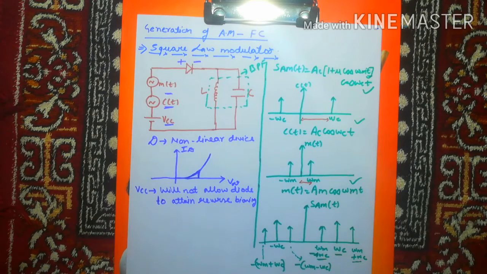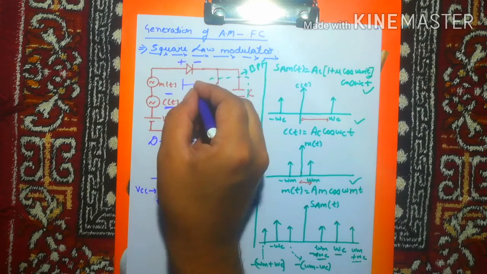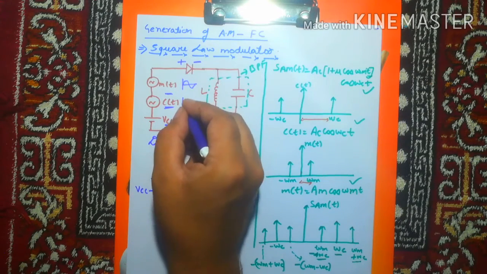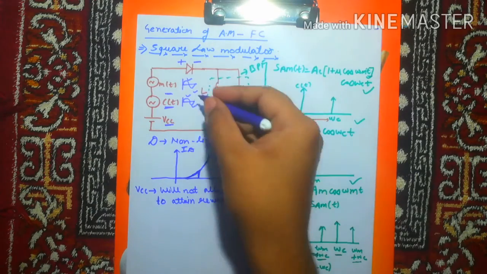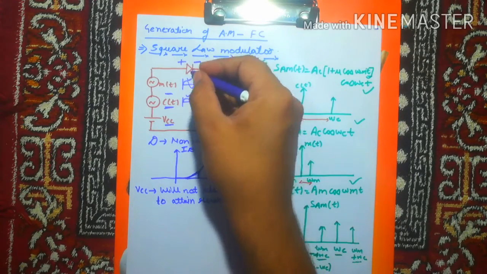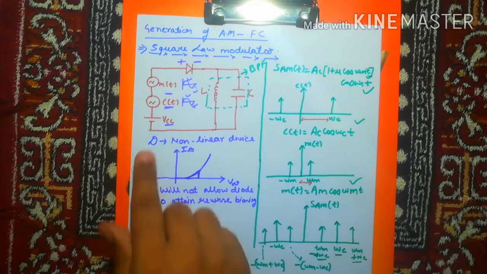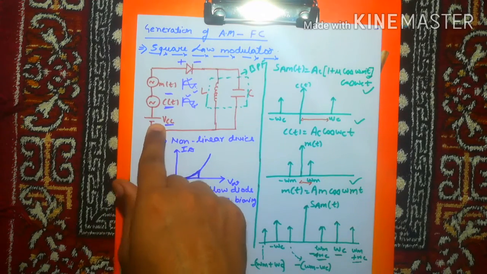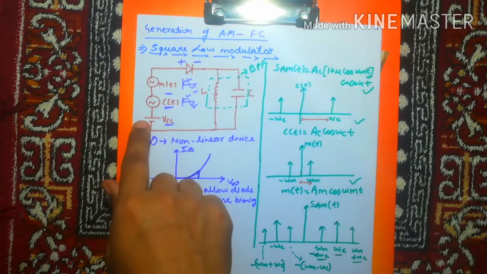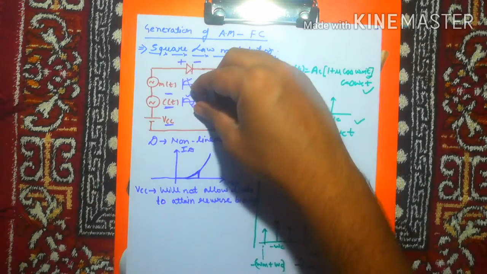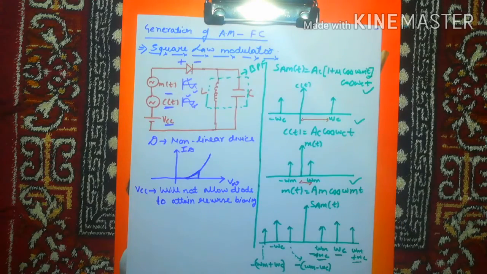This VCC is so huge, so large, that it overcomes the negative effect of MT and CT, because MT and CT both have positive and negative parts. If the negative part comes into the picture, then the diode becomes reverse biased, but it doesn't happen here because we are using VCC. This is a DC biasing supply. Its positive is connected to the diode side here. Its positive is so large that it will overcome the negative effect of MT and CT.